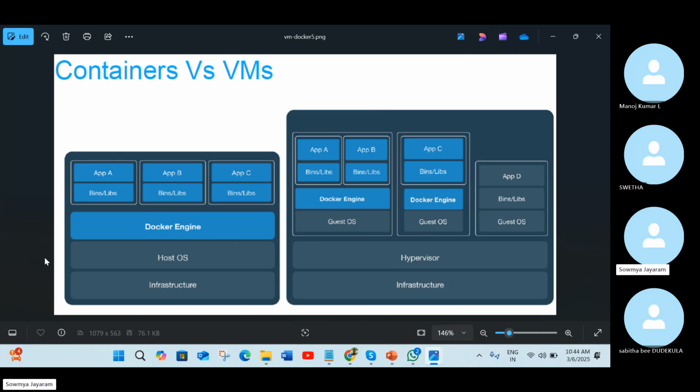If you look at the container-based deployment, you have infrastructure and it uses the host OS. So it uses a limited kind of OS, not a full OS. On top of that, you have the Docker engine and your applications. You don't need to run the system dependencies, or get the whole OS and make your application heavier. By doing this, you have a smaller application size, which you can store anywhere and download anytime and anywhere. These are some extra advantages of using containers. Is that clear?